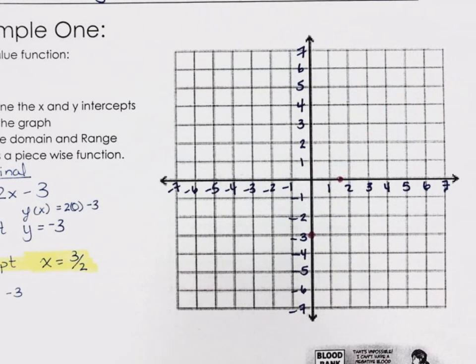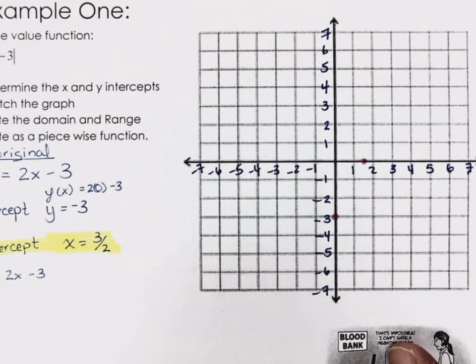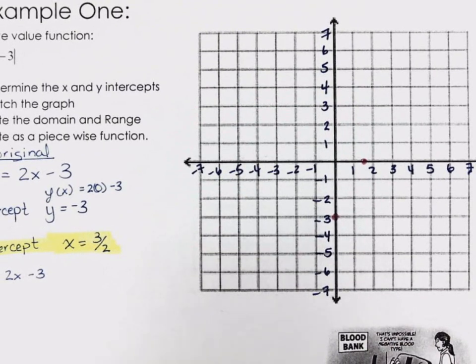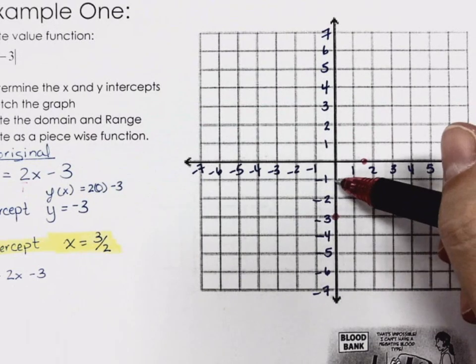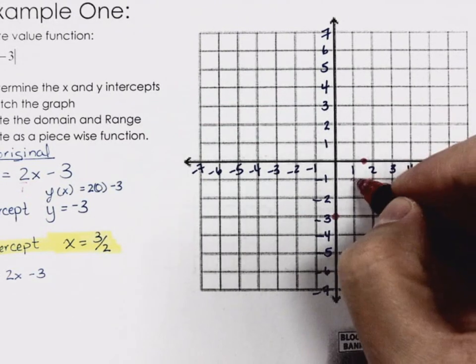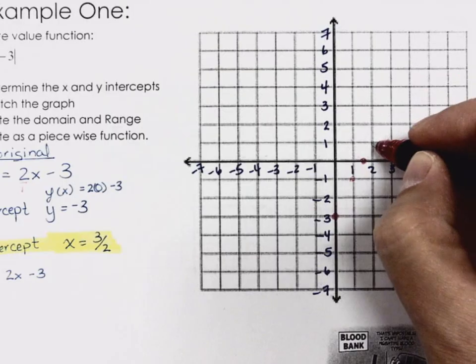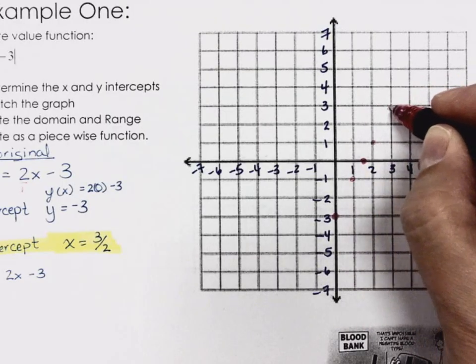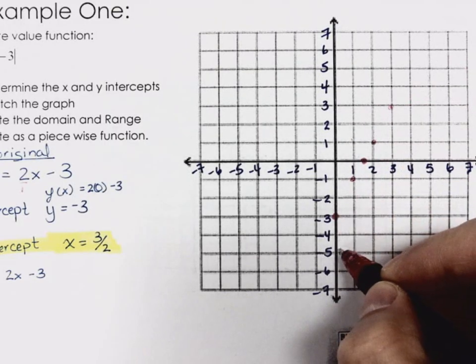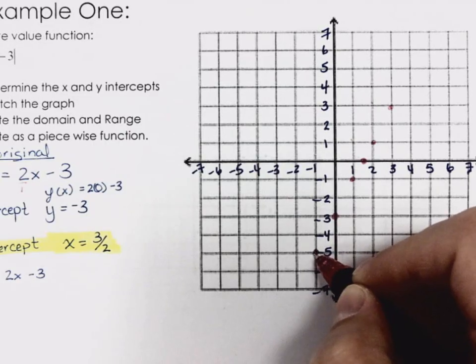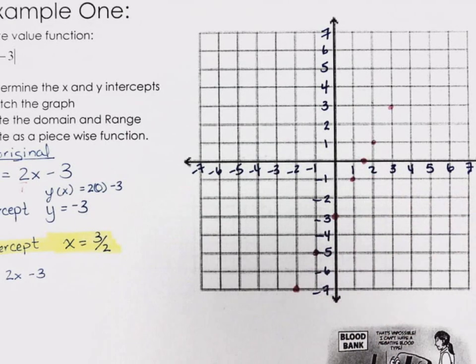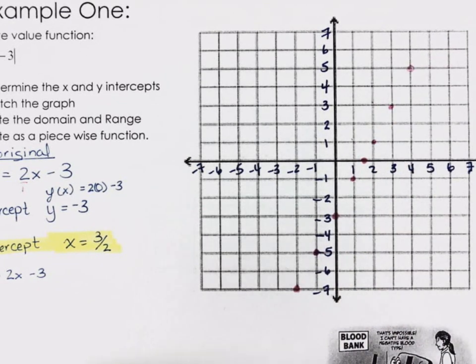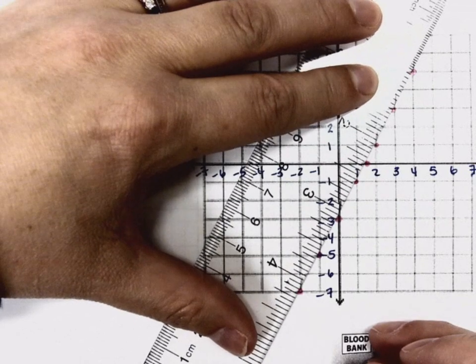But do you guys want to do a table of values maybe? Or more points than that maybe? That might make sense. So what's my slope? My slope's 2 over 1. So if I start at -3, I go up 2 over 1, up 2 over 1, up 2 over 1. I'm going to go down 2 and 1 to the left, just to give me some points on this side. And if I put my handy dandy ruler on here,